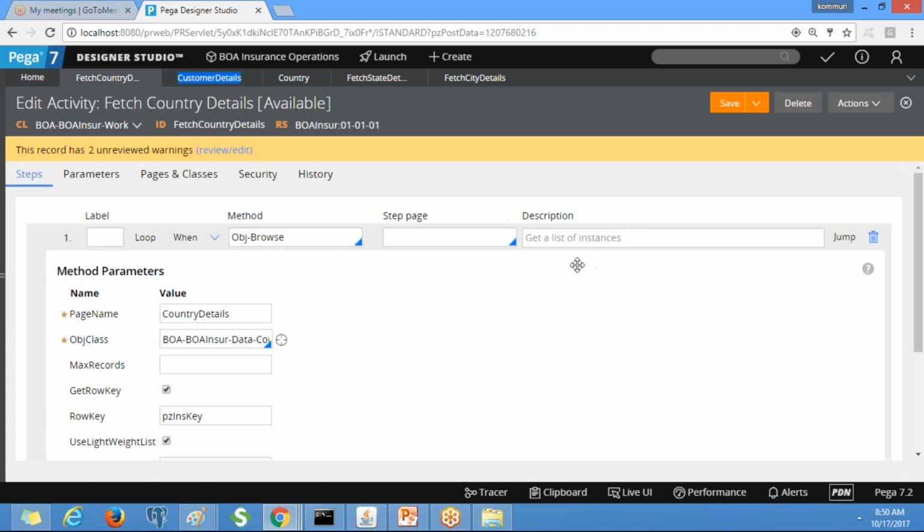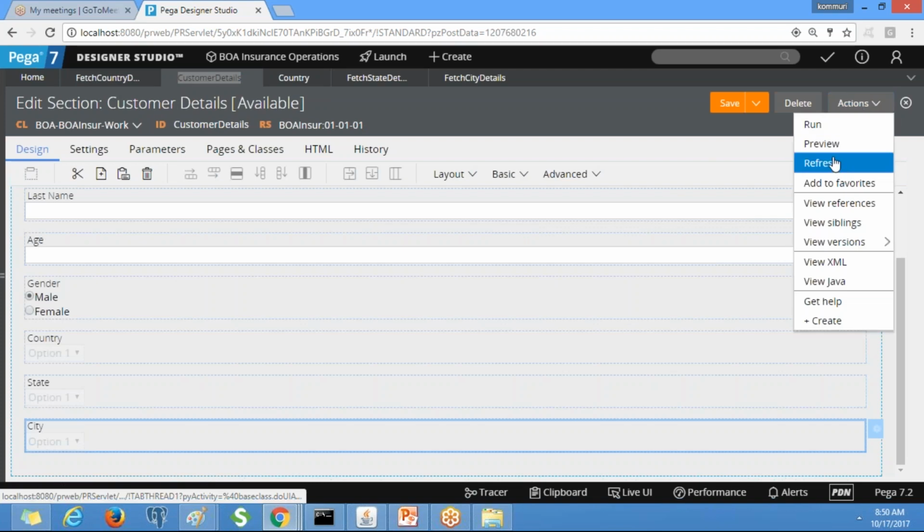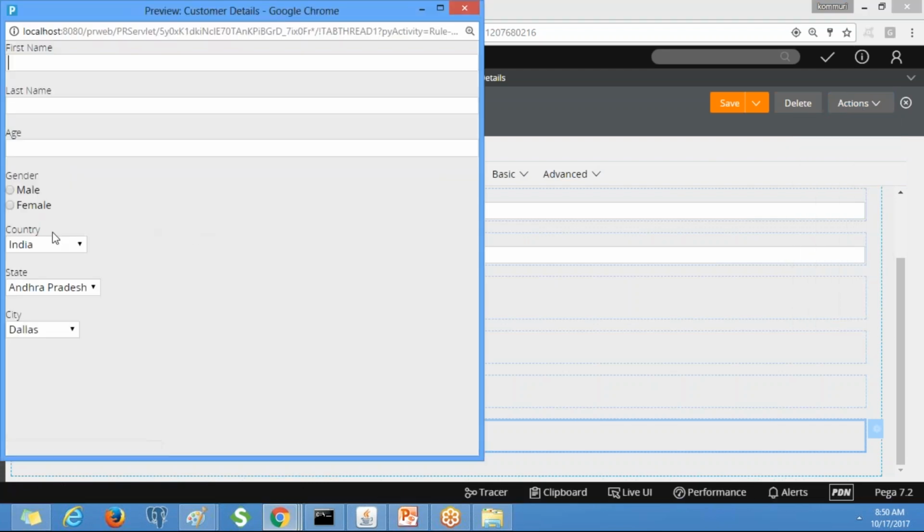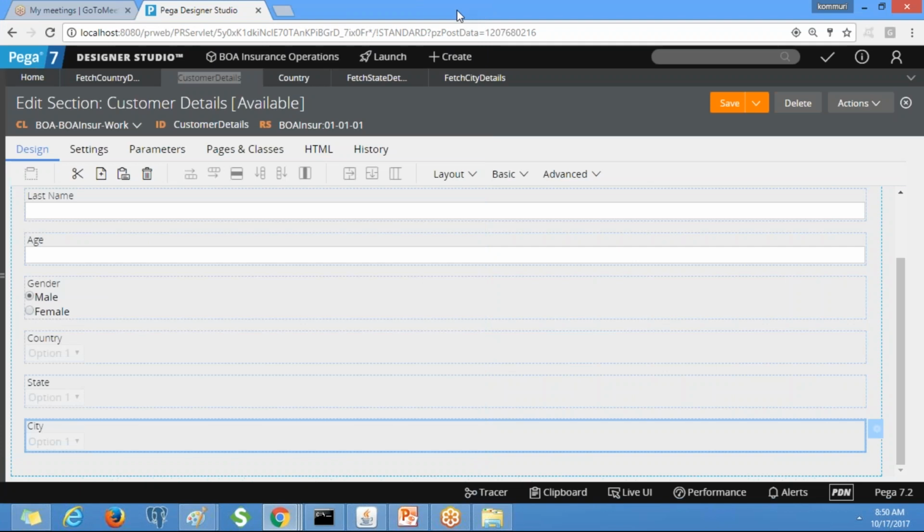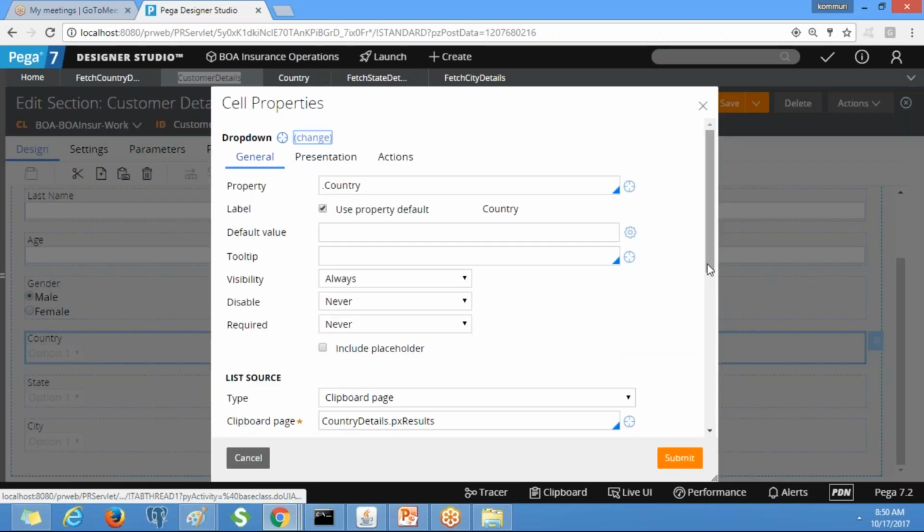But see here, go to the actions, click on preview. By default you are getting India and United States, right? India is getting selected by default, it should not be like that. The user has to select one among the list, so by default we need to provide some placeholder like select dot dot something.